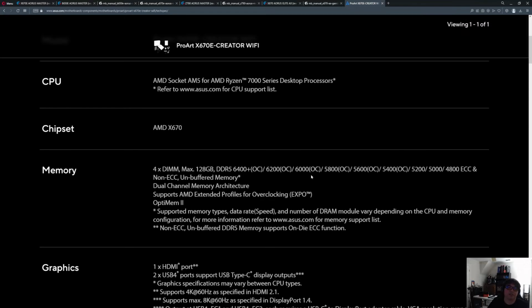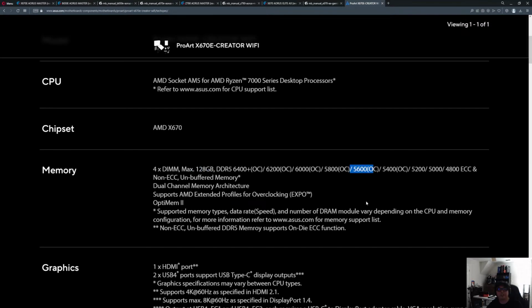But I will probably test 128 gigs on Intel in a future video and see, like, is 5600 stable, for instance. Then maybe try to go up to 6,000, see if that works. The problem for me is I don't actually have dual rank DIMMs that are rated beyond 5600 megahertz. So if I were to try to run it at 6,000 or above, technically that's an overclock. If I'm not able to get my 128 gigs of RAM stable, I won't be able to tell if it's the RAM or the CPU, because my RAM is not rated for 6400 or 6000 even. So that's why I'm most likely going to test 5600 and see if I can do